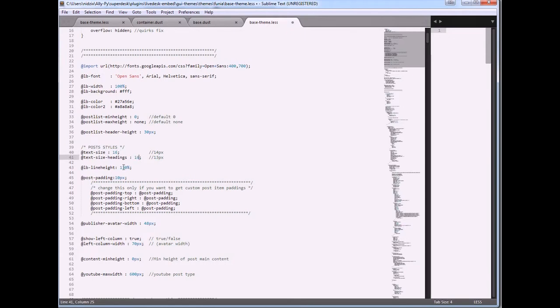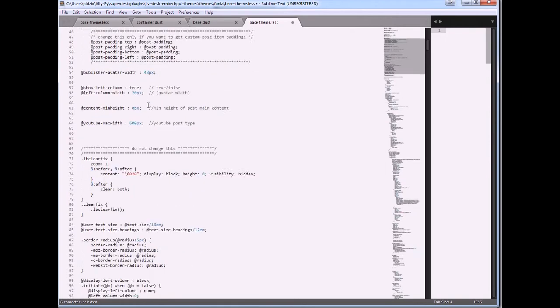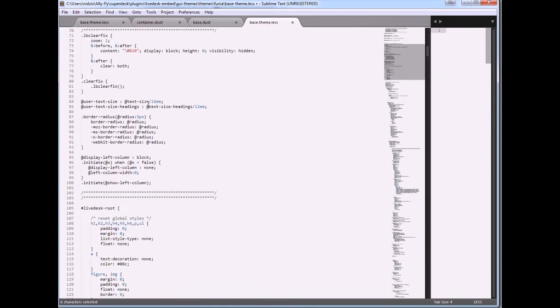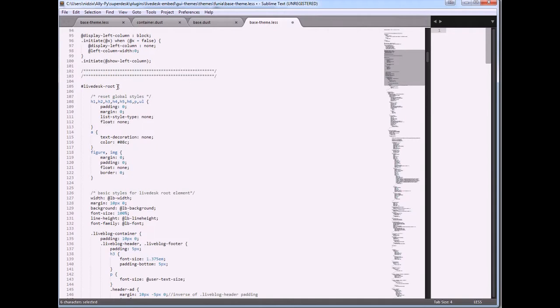I do want larger line height. And also I want to change the default color for links. I will go down. Found my reset part and just change here the color of the links.